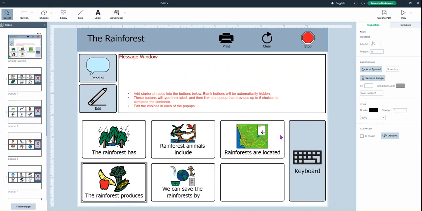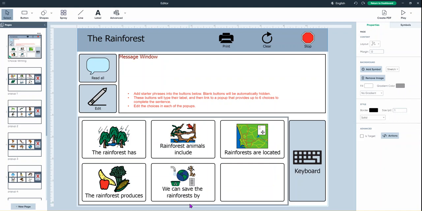So you'll see Boardmaker has opened a sample activity for me. We've got our choice writing page where we've got different buttons here, and then we have pop-up windows. So before I change any content, I'm going to click play just to show you what this looks like on screen when our students are accessing it. So I'll click play,